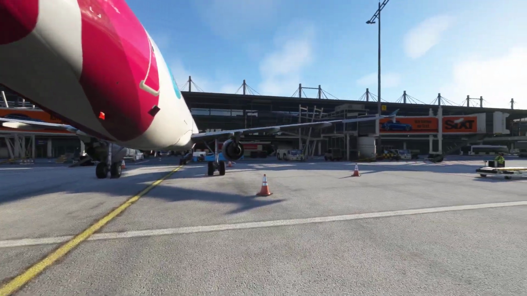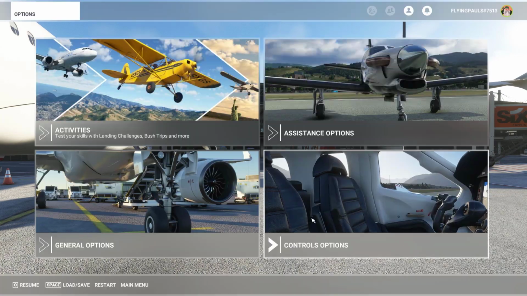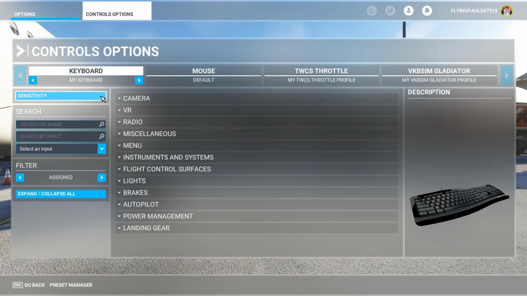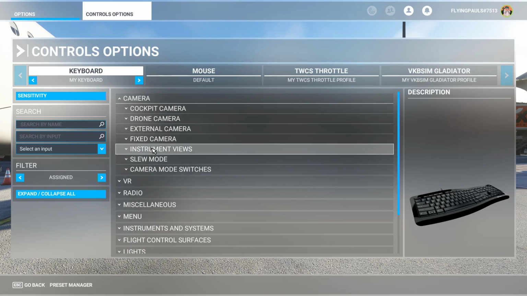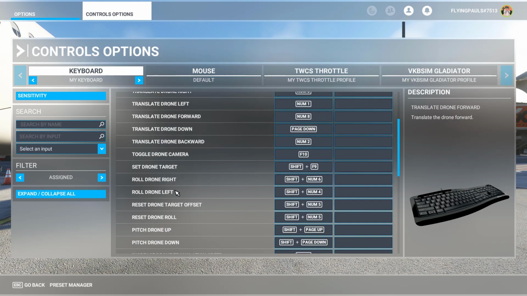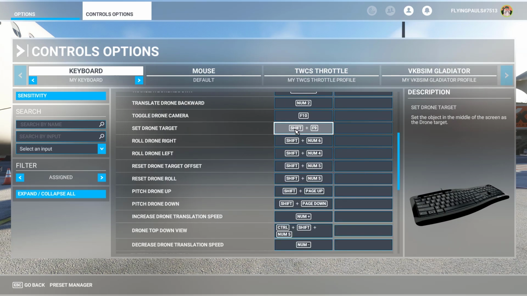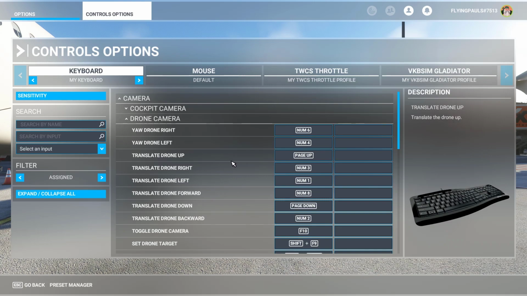Yeah, what are the keys for that? They are different. So that's the camera, and then we have the drone camera. Yaw, drone right, left, drone up, and so on, drone down. You can even set the drone to a specific target. Well, for the start, I would just define keys to go right, left, up,